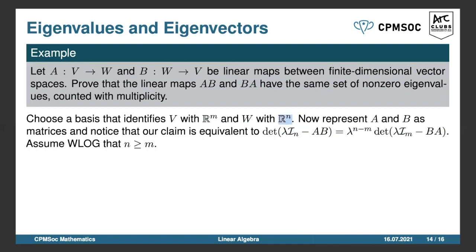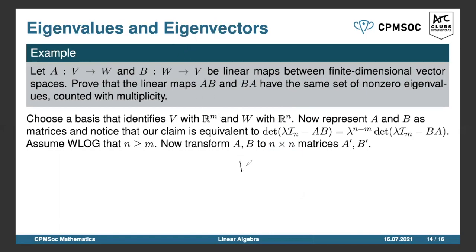If we just take this one to be the bigger one, then, well, if A and B are rectangular matrices, it'd be nice if they were square. So we'll just add a whole bunch of zeros to the shorter dimension, to the shorter direction of the matrix